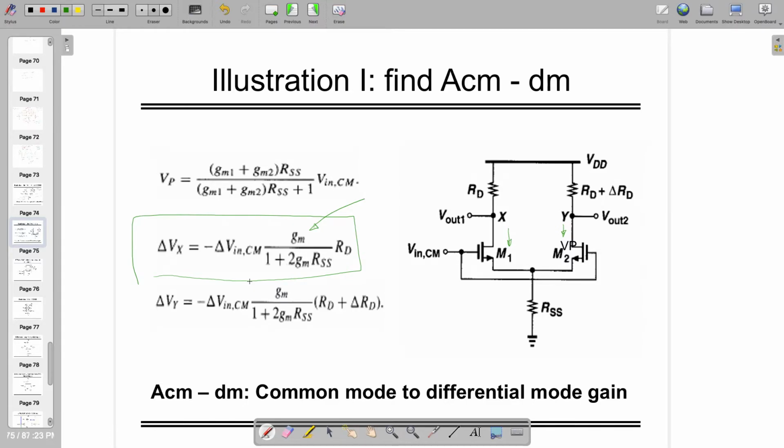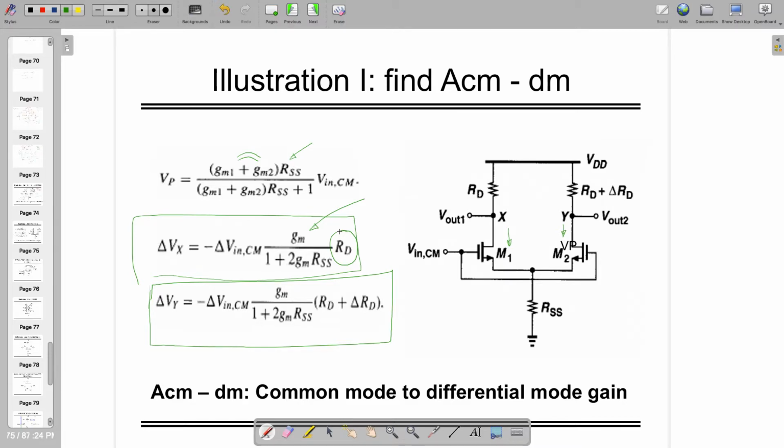And if you wish to find out the VP voltage, it's also very simple to find out. Note that gm1 plus gm2 is nothing but 2 gm, as both are identical to each other. So in that case it's 2 gm. From one side it's flowing 1 gm, and from the other side another gm. And if you're writing in terms of delta Vx and delta Vy, you can have these equations, which is already known to us how to find out, because you need to find out across RD,